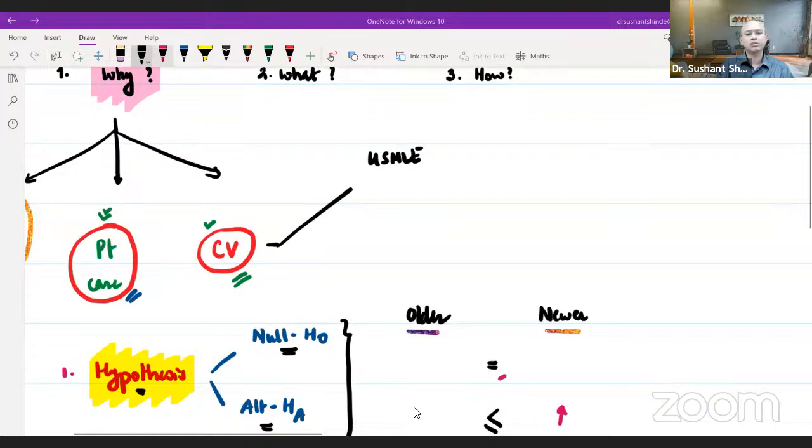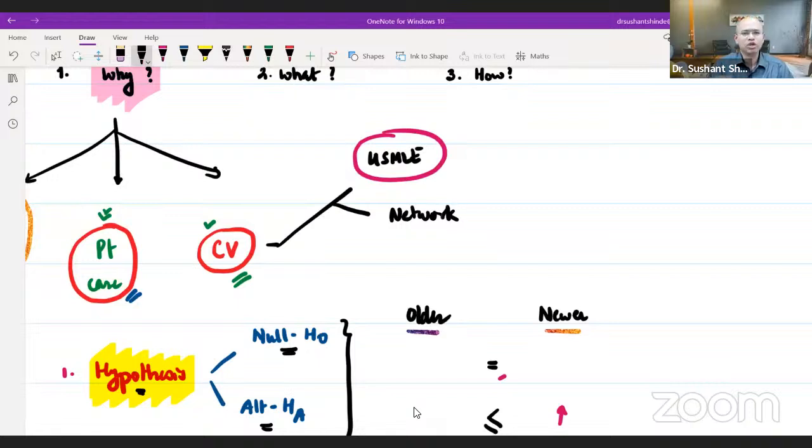If you are someone who has published, it's not just the USMLE. That is one thing. But for those of you staying back in India, what do you really get if you publish? I think one of the things that you get is a network. What do I mean by network? If you are someone who has been repeatedly publishing, or even if you publish once or twice, many of your seniors will identify you as potential candidates they should work with. So that network is something really amazing. It will be a very powerful thing to come your way.